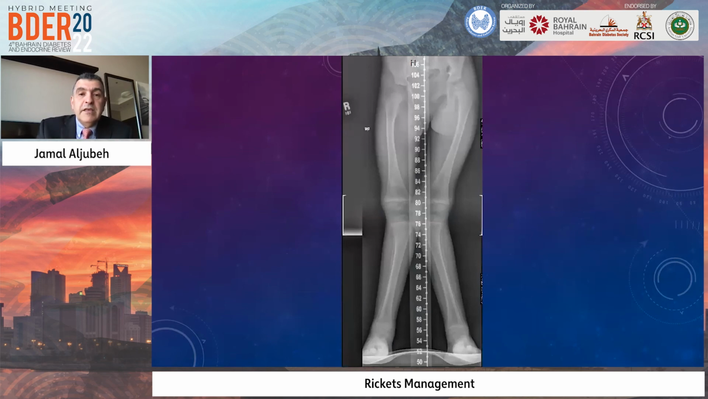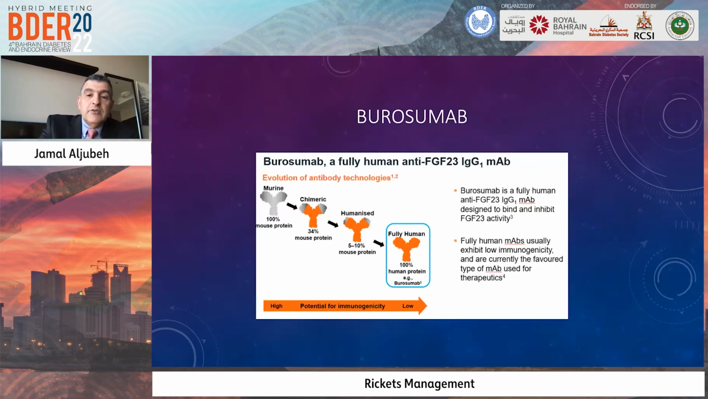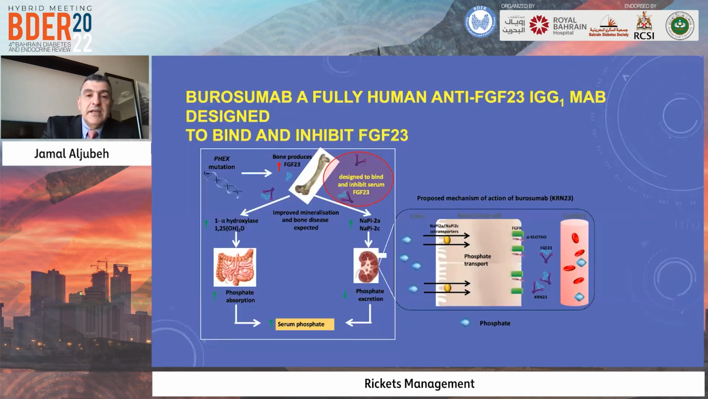Some patients with knock-knee deformity may require surgical intervention to stop growth on one side of the leg and allow growth on the other side to correct the deformity. This is an example of one patient who was treated in this way. So burosumab is a monoclonal antibody against FGF23, so it will neutralize FGF23 and stop its action. This will reverse the hypophosphatemia and the drop in